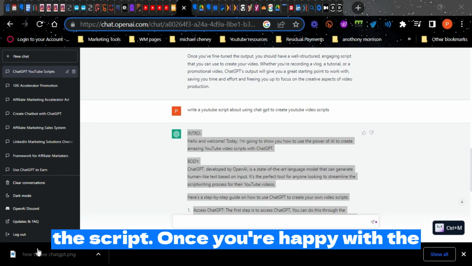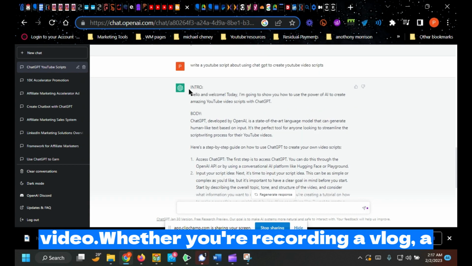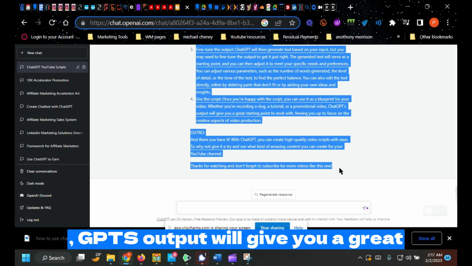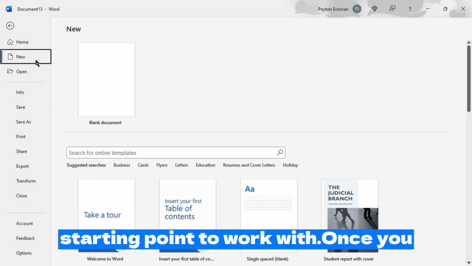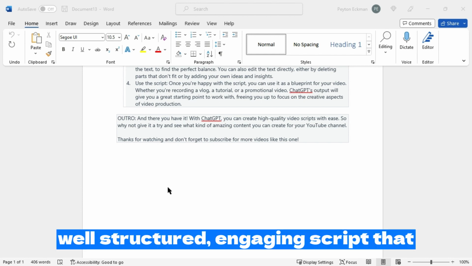4. Use the script. Once you're happy with the script, you can use it to create your video. Whether you're recording a vlog, a tutorial, or a promotional video, ChatGPT's output will give you a great starting point to work with. Once you fine-tune the output, you should have a well-structured, engaging script that you can use to